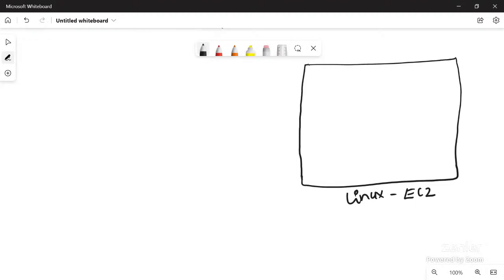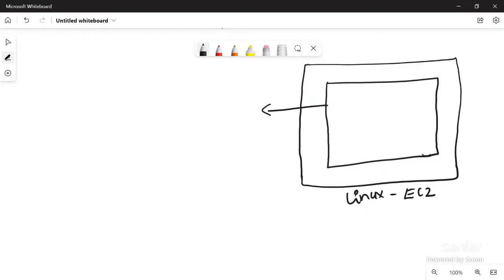And we are going to install inside this Linux EC2 a package called httpd. Okay, which is nothing but a software. A web package is nothing but a software. So whenever